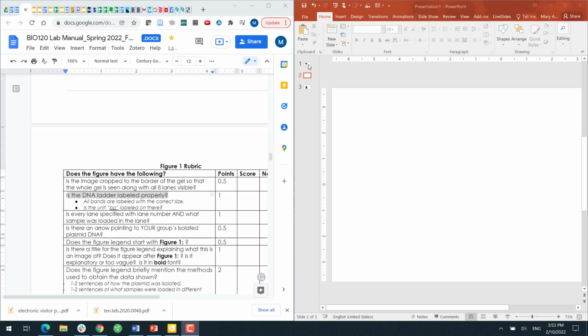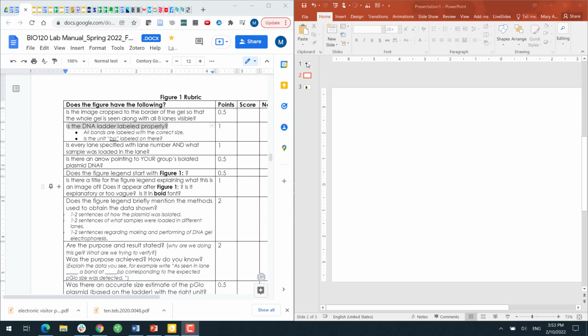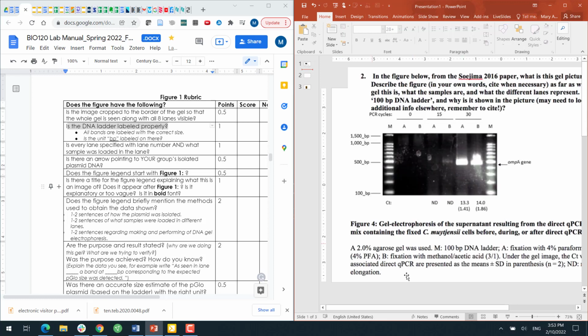Okay, this video is going to help you understand how to do the first assignment called the Figure 1 assignment. What we're trying to do with this assignment really is teach you how to present the DNA gel data that you obtained in lab 4. This week in lab, you obtained a DNA gel picture of the isolated P-glow DNA plasmid that you